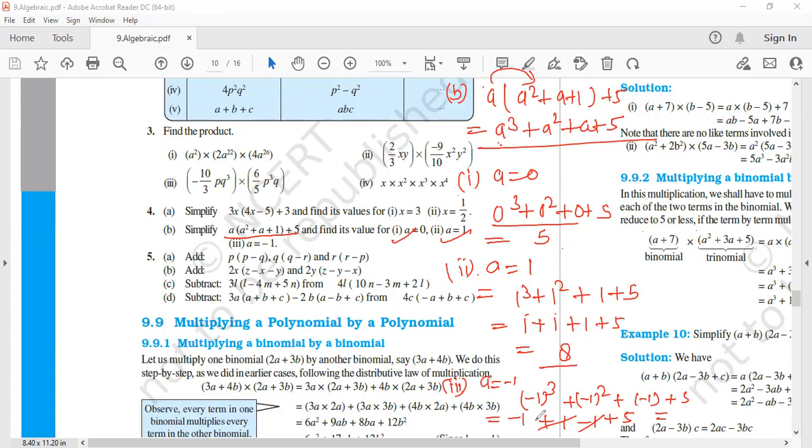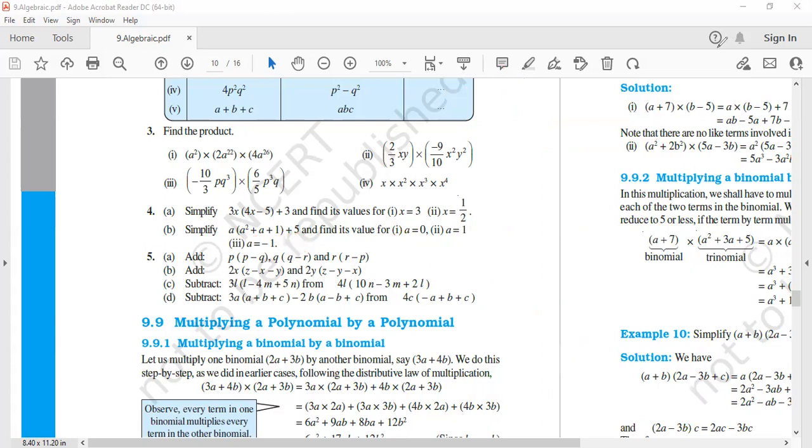So this one will cancel out, because you know that the same number with opposite signs will cancel out. Now 5 and minus 1, that will be subtracted. So 5 minus 1 gives you 4. So the answer of this one will be 4. This one will be 8. This one will be 5. That I have solved here for the fourth question, both part A and B.